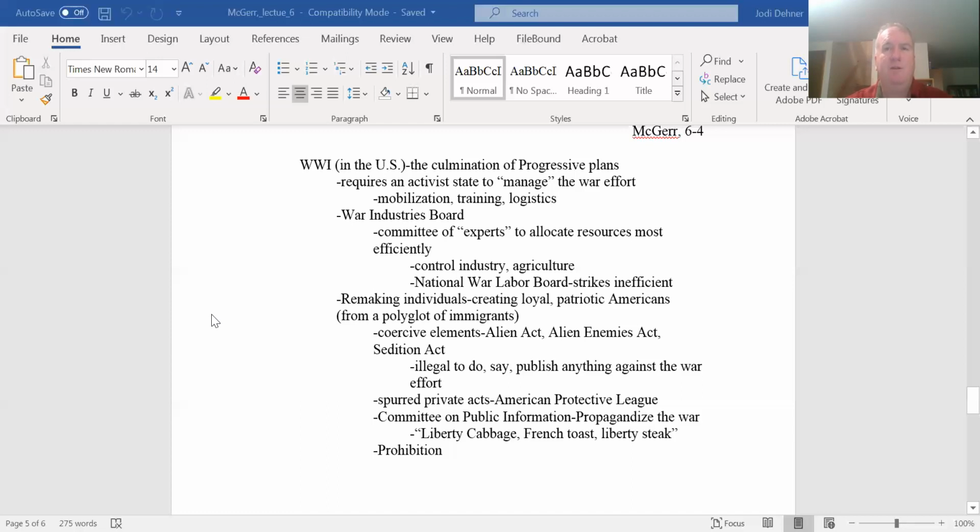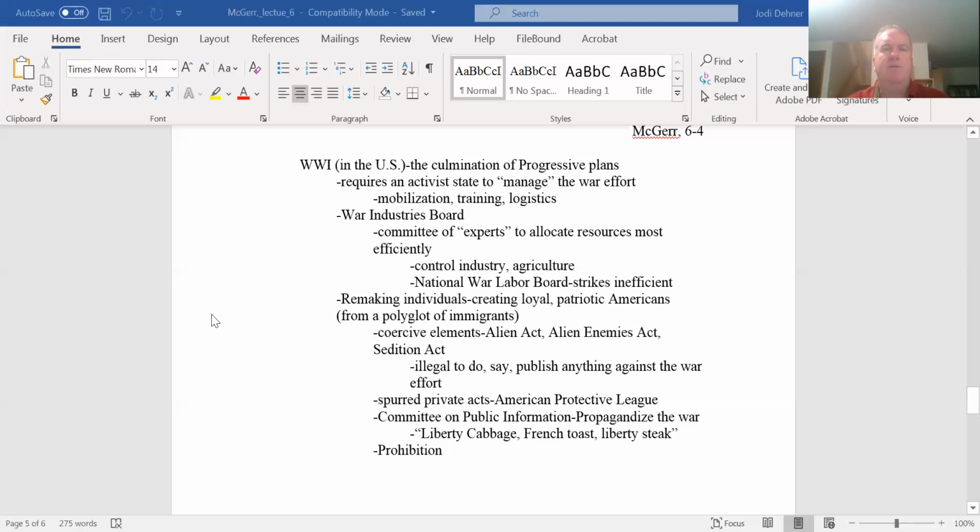Woodrow Wilson was very aware of that, and he knew that in order to have an impact on this conflict, the U.S. needed to rapidly improve its military forces, but also to produce on a very large scale and in very short order all the material necessary for this new conflict. To do this, he recognized he needed the experts, and so he turned to the progressives. I might note that Woodrow Wilson called himself a progressive. He won the 1912 election. He was one of the four candidates who all ran as progressives of a type.